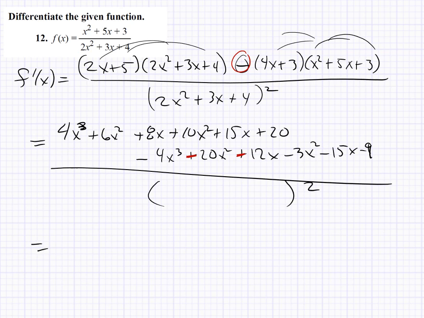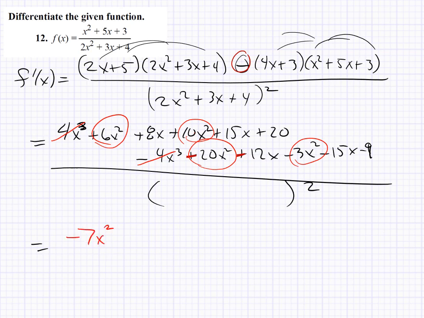So put these together, you see what happens. Well, 4x squared minus 4x squared, they'll cancel. I got a square, I got a square, I got a square, I got a square. Let's put those together. What do we get? The 6 and a 10 is 16, minus the 20 is going to give me negative 4, and a negative 3 is going to give me negative 7x